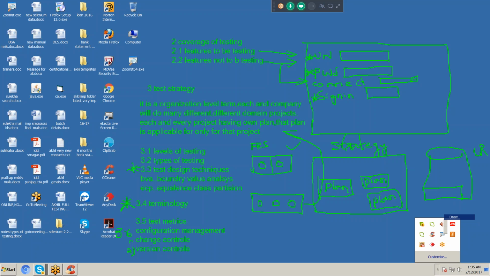After 10 years, we get another project, a similar project. In that situation, I want to use this document as a reference document. If I want to use this document as a reference, in the FRS the customer said two buttons in the application, but the application has three buttons. So we can feel confused.